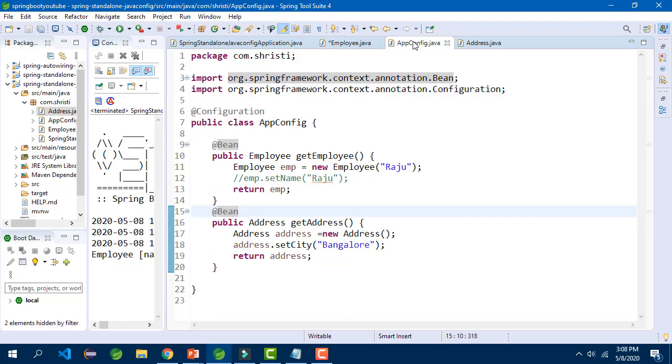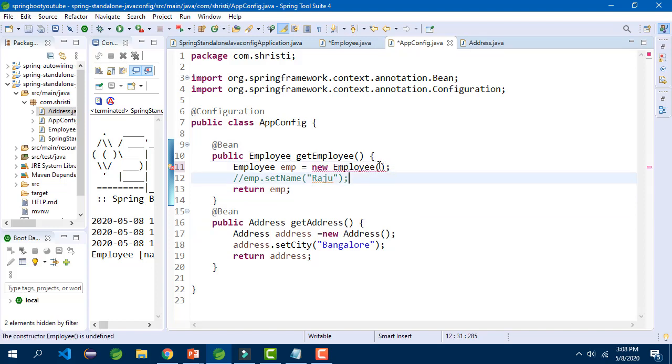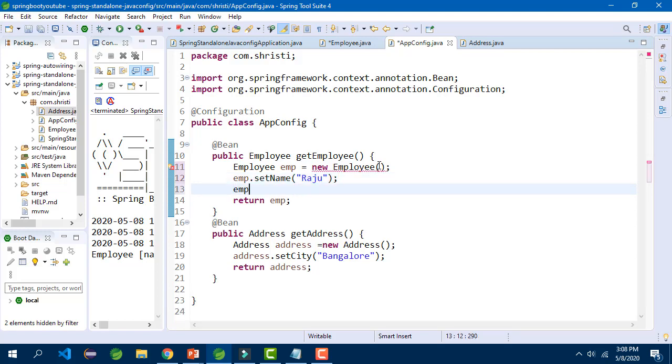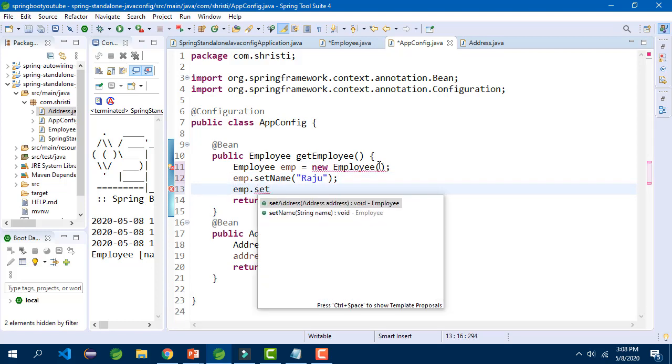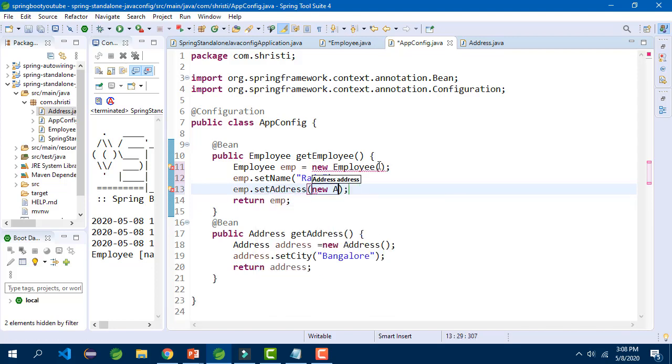Let me come to this configuration class. Here I have to call setter method. Let me not use constructor based dependency injection. I will go in for setter based dependency injection. So let me remove this line. Remove the comment, emp.setAddress. I need to pass an address object. So it should be something like new Address. Correct. But if you really see, there is a method which returns an address object.